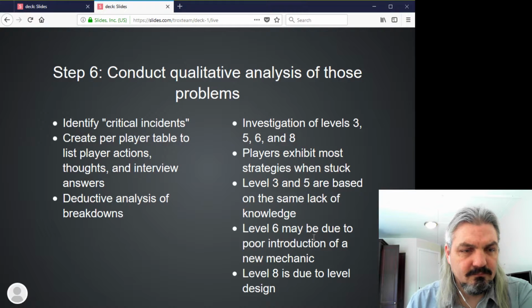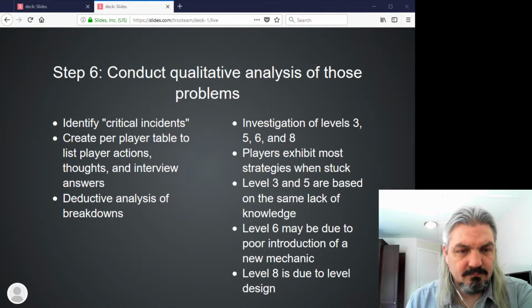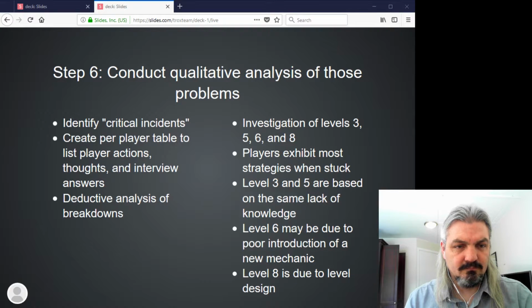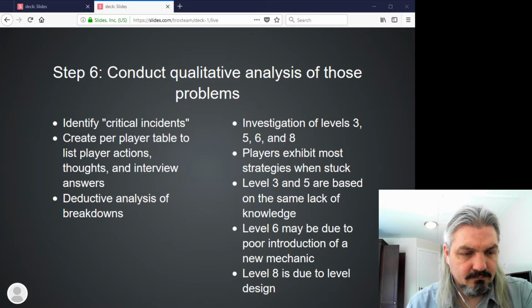And then you have to do a deductive analysis of what broke down. And a breakdown here is defined as either an action breakdown where someone fails to execute something, an understanding breakdown where the player might not be aware of what they should do next, an involvement breakdown where they might get bored or frustrated and walk away from the game,